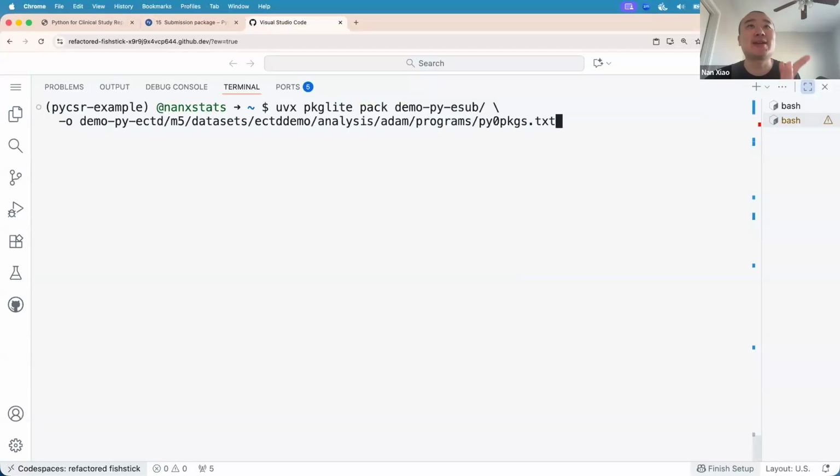Just run package pack through UVX with the input as your first argument, and then having dash output, or -o, right, as an abbreviation, with the specific path you want this to exist. And we want this file to be packed into the eCTD package directory with this path.